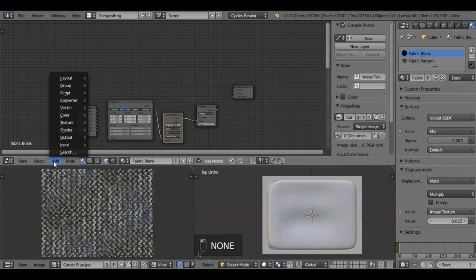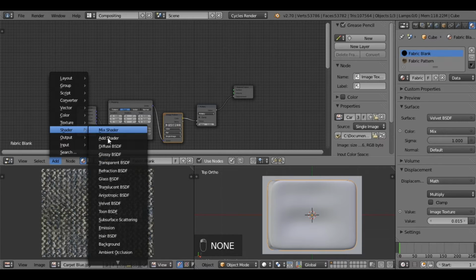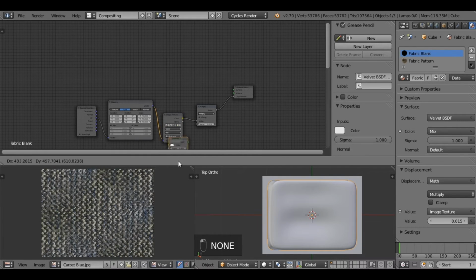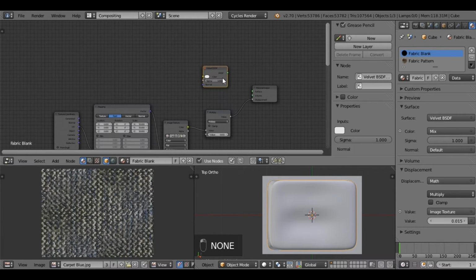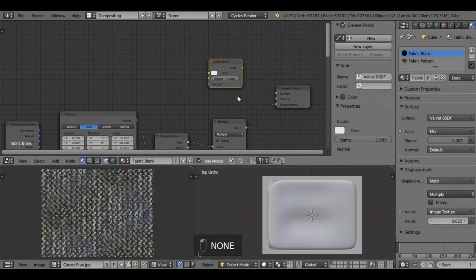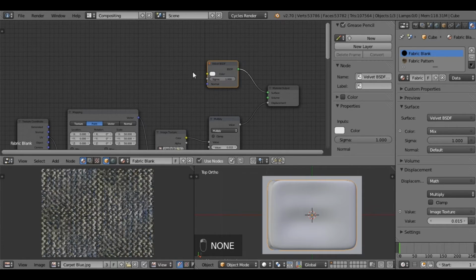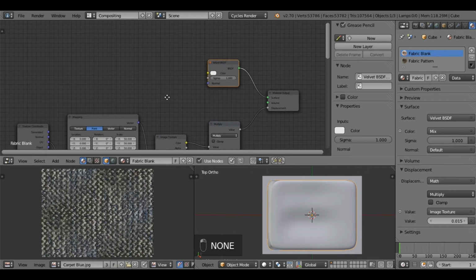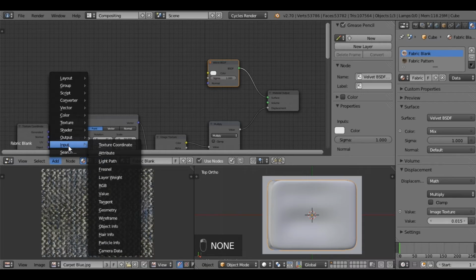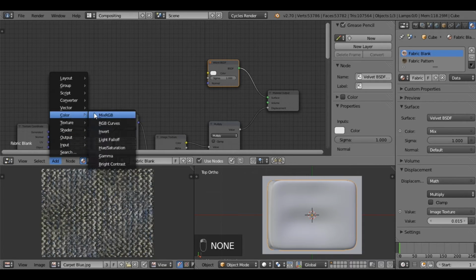So the next thing I want to do is add a velvet shader. I don't have a whole lot of experience with the velvet shader, but it gave me a smooth, glossy sort of mix that I liked, so I'm gonna stick with the velvet shader. I'm gonna plug that right into the surface of my material output. Now obviously the coloring is not correct so far, so here's what we're gonna do. We're just gonna add a color mix RGB,